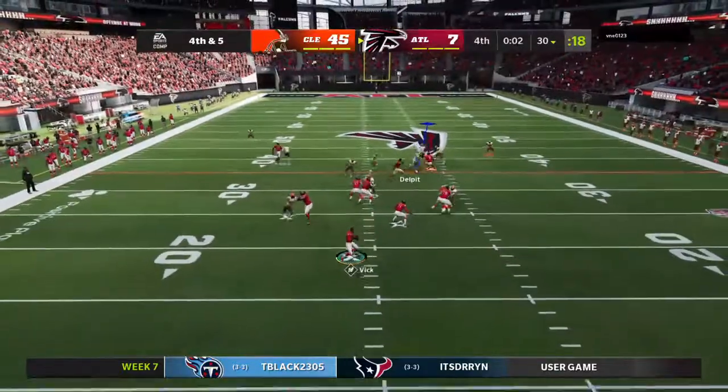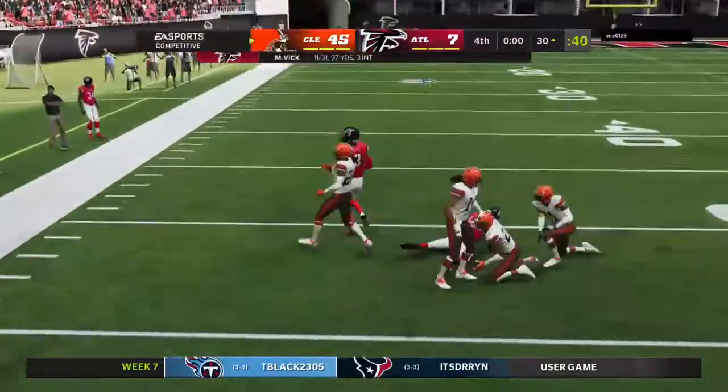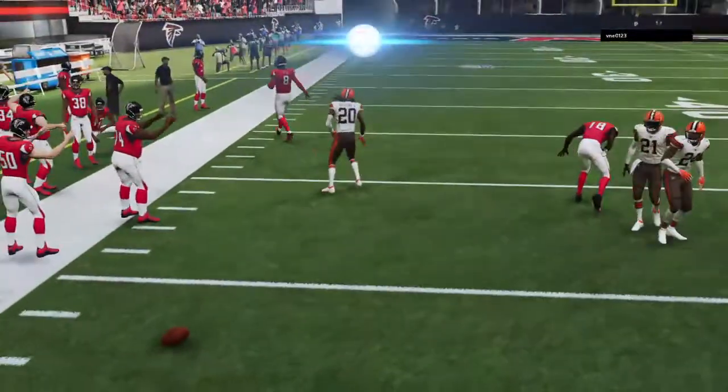One final shot. They'll look to throw. And this is dropped in incomplete. Well, there's a metaphor for how this